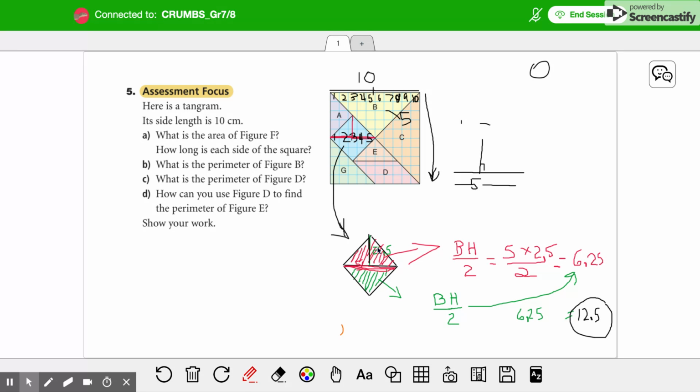Do you see where I'm adding the orange? To calculate how long each side of the square is, you need to find that orange portion, right? Now, because that's a slant, we would have to use the Pythagorean theorem. Okay, so if I'm going to recreate another one of